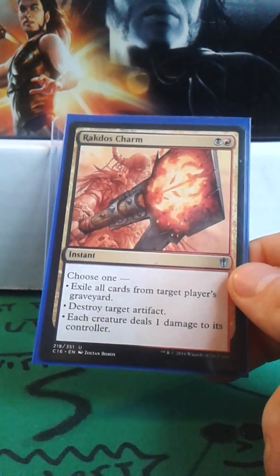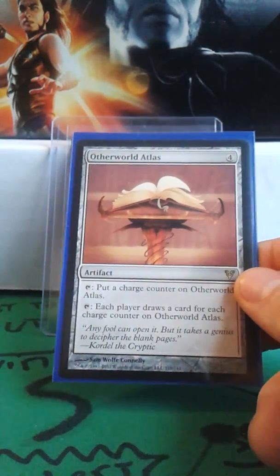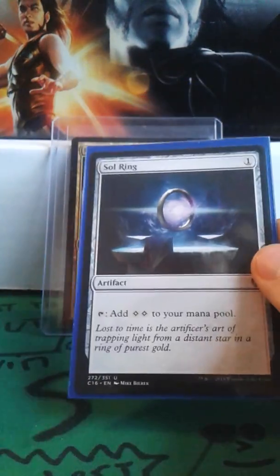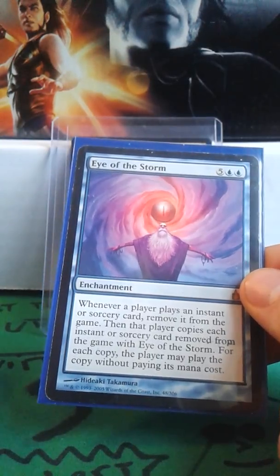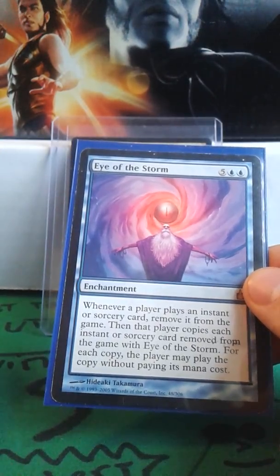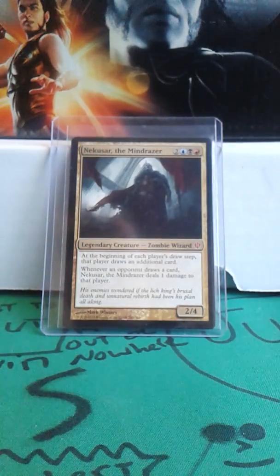Rakdos Charm, either exile someone's graveyard, or destroy an artifact, but each creature deals 1 damage, is what it's mostly in there for. Otherworld Atlas, put counters to draw. Nimbus Skilled Mage, you can pay 4 to copy an instant or sorcery spell. Soul Ring, self-explanatory. Eye of the Storm, whenever a player casts an instant or sorcery, remove it from the game, which is exile. Then that player copies each instant or sorcery card removed from the game with Eye of the Storm. For each copy, that player may play the copy without paying its mana cost. So, real fun. I ran out of time, so we're gonna